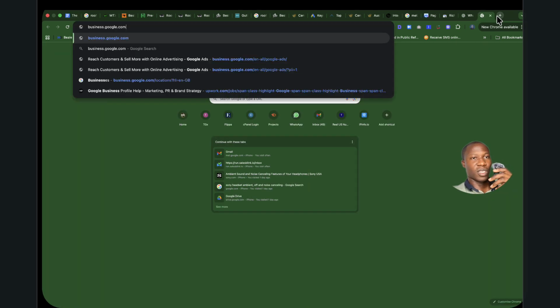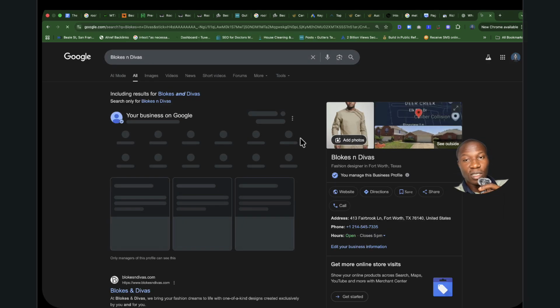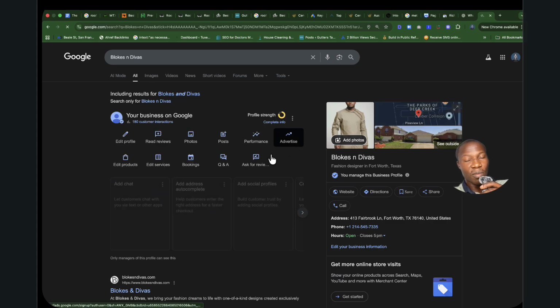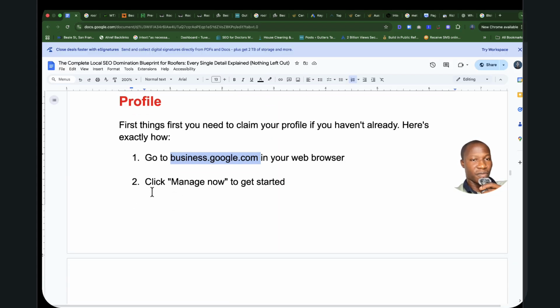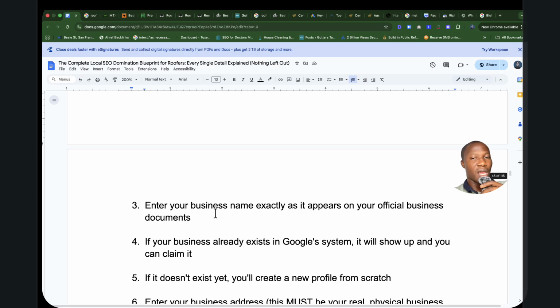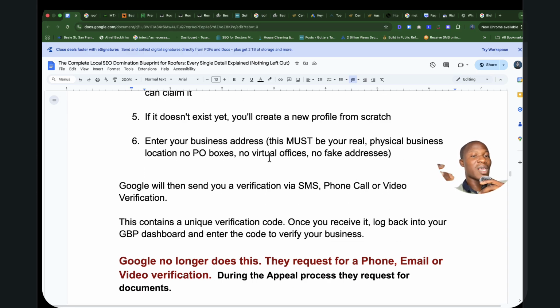I don't have a Google Business Profile, but I do manage one on behalf of someone. This is a project I'm working on currently. You want to claim it and ensure this thing is entirely complete. You want to ensure it is showing green in its entirety, not yellow. So it's something you want to be aware of. Enter your Google business name, your service area, and every other thing. So fill out the exact information you need.